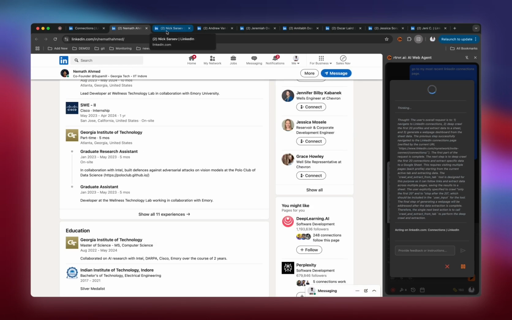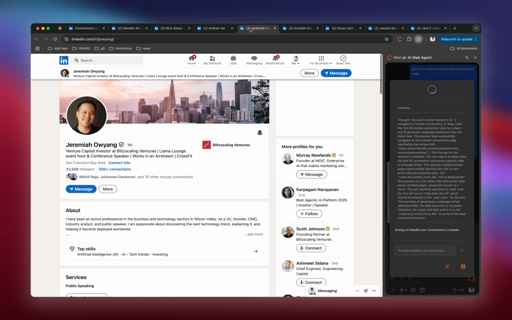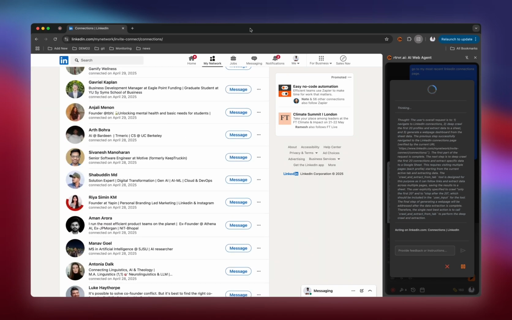So with Retriever, it takes actions on the tabs in the background in parallel, compared to other approaches that are limited by the active tab. So it can parallelize tasks like processing all of these tabs in parallel, and you can also give feedback